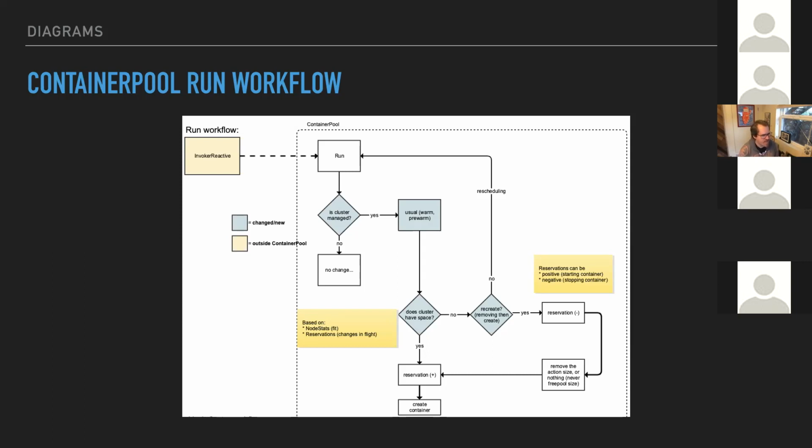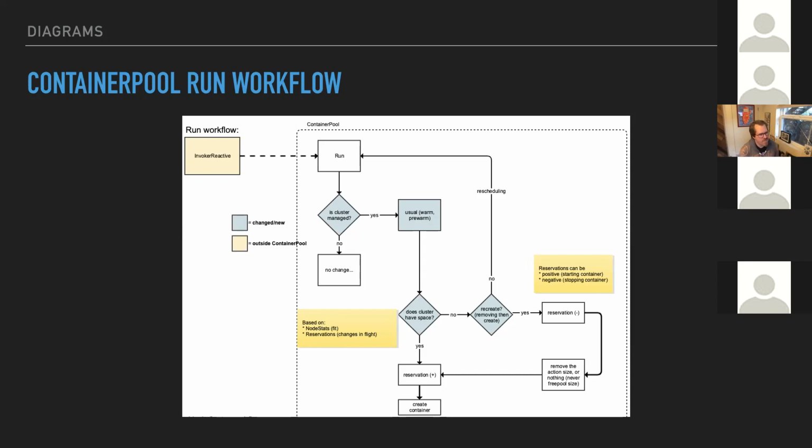But this will tell us kind of whether some node in that cluster has the ability to fit an action container of this size. And then we also need to pay attention to reservations, which are basically tracking state of things that are in flight but not yet considered in the stats.